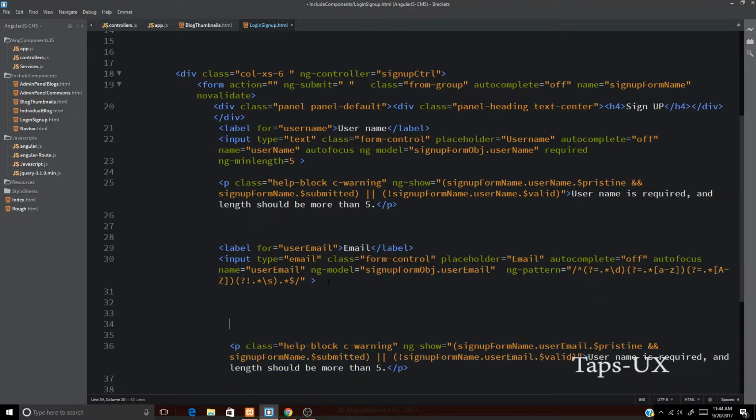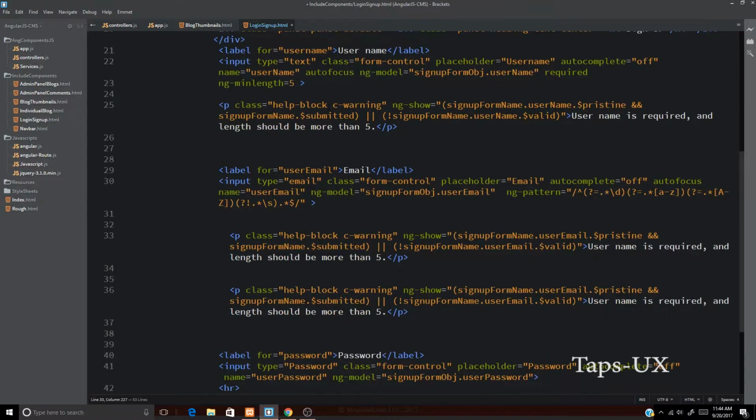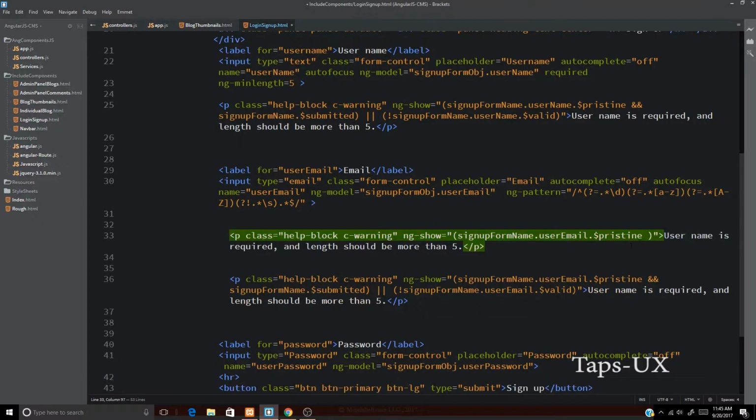Let's make it two, and here user email is required. Okay, and then one